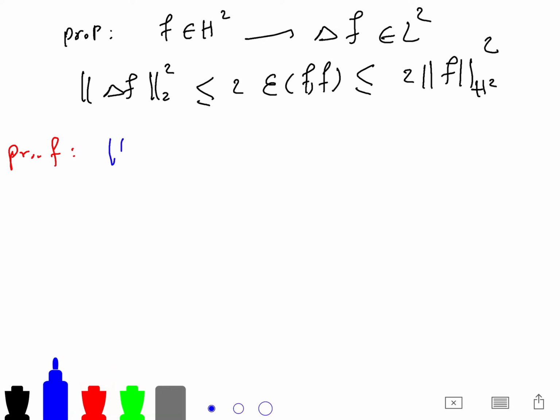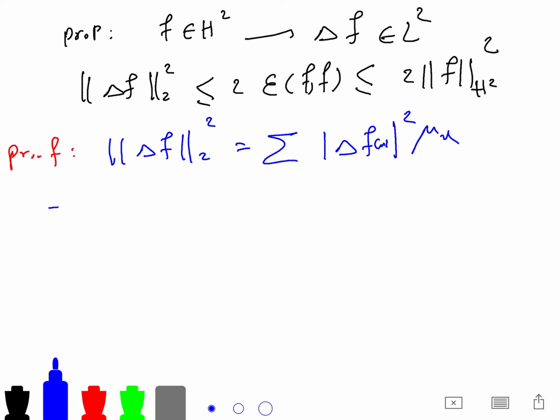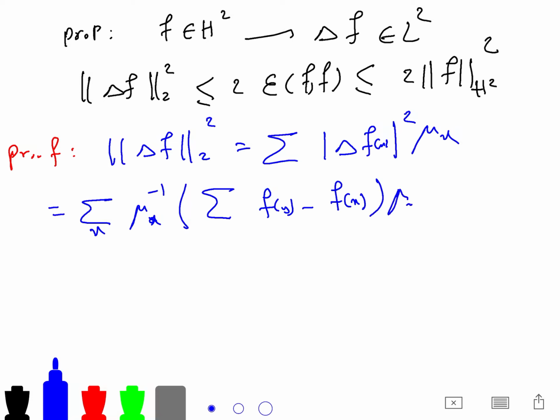We just use the definition of the Laplacian of f. The norm, what is the norm of that? It's just the sum of delta f of x, each one squared, times mu of x. So what is this? By definition again, it is the sum of mu x minus 1 times f of y minus f of x times mu xy, squared. This is less than or equal to